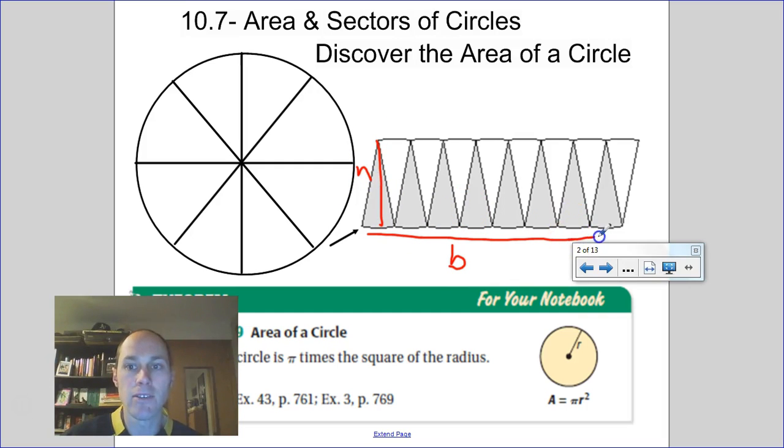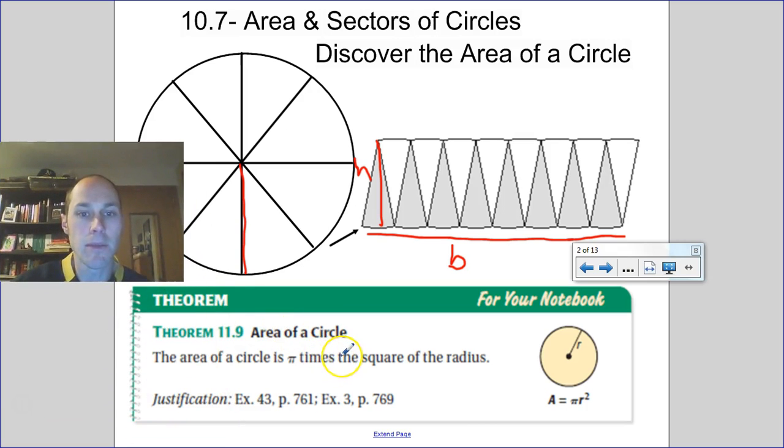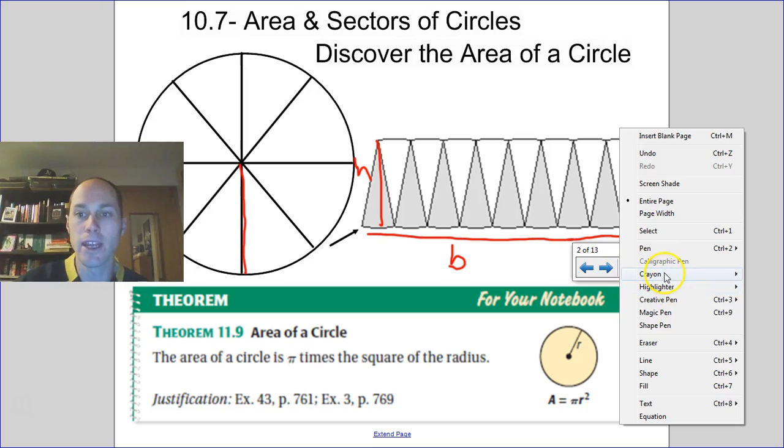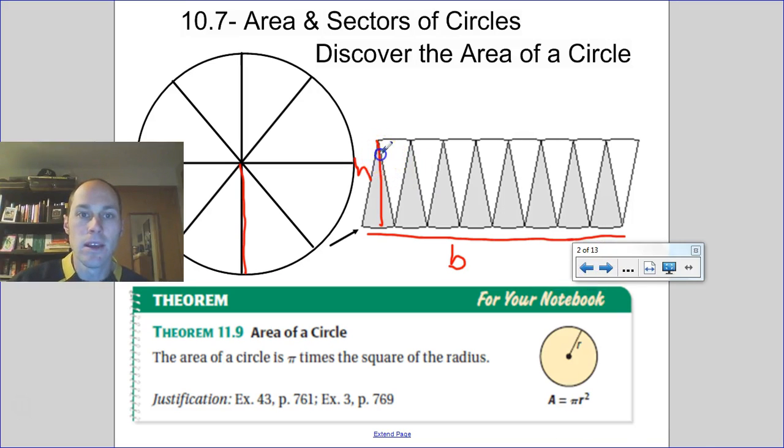As we find the base of all the pie pieces laid together times the height. And the height, as we think of it, is what? You got it, the radius. And as we lay all those together, what do we get as well? We're going to get that circumference. So the area of a circle is going to be pi times the square of the radius, because the height is really the radius,